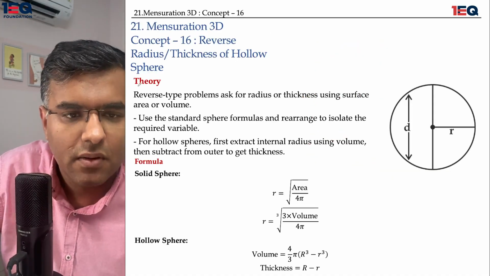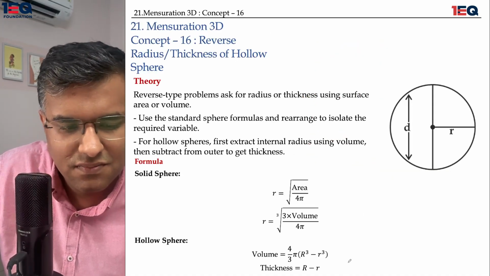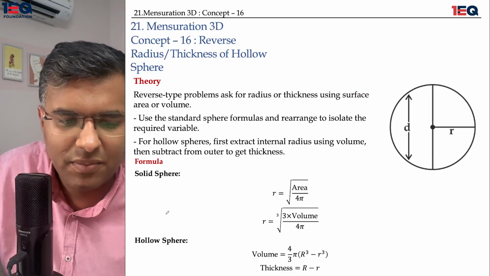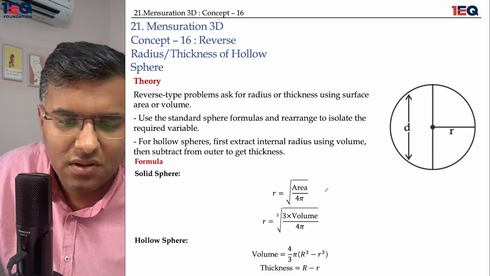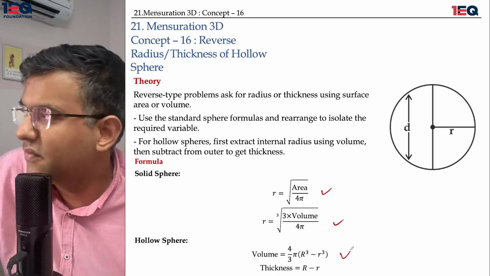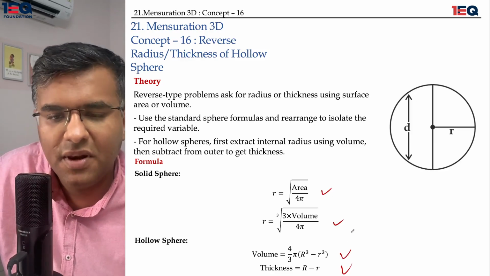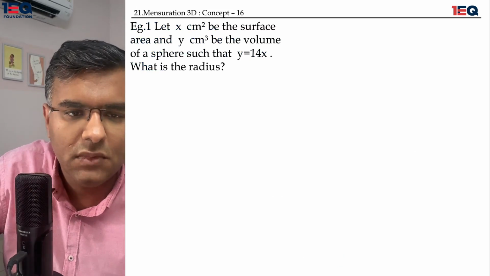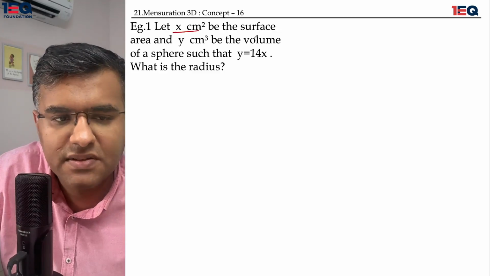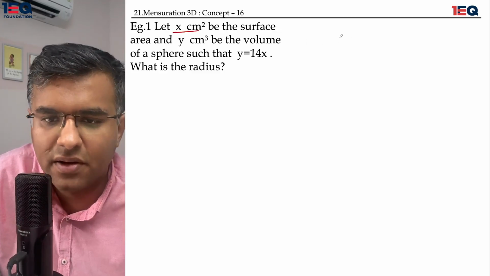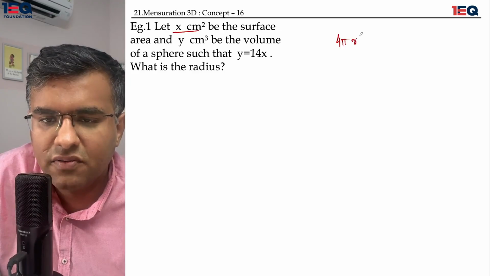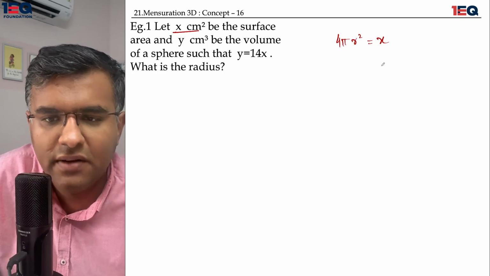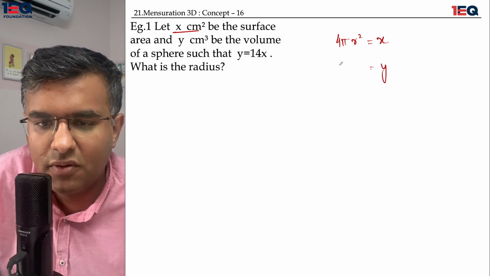Moving ahead. This is the same thing being done in reverse. You just need to remember the one formula that we've taught, and we are going to use the same formula further ahead. Let x centimeter square be the surface area of a sphere. So 4 pi r square is the surface area, which is equal to x, and y centimeter cube is the volume,